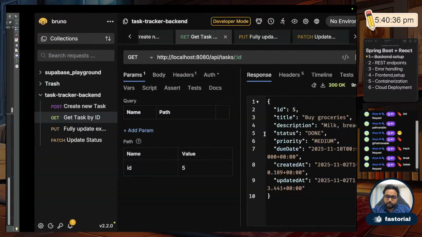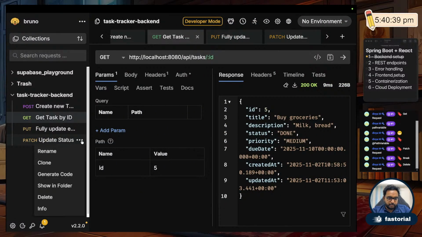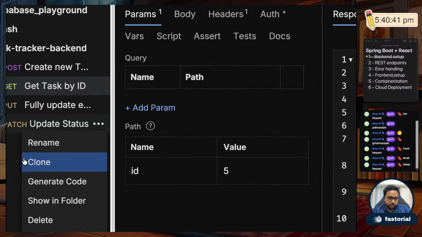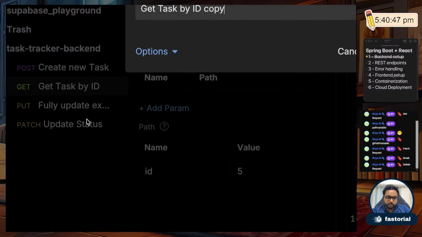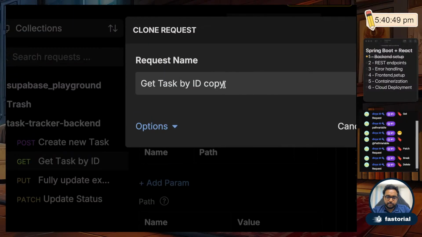Okay, and let me go back to Bruno and create the delete request. So I'll clone one of the requests. I'll clone the put request. Okay, I mean the get request. I'll clone this, and then I'll say